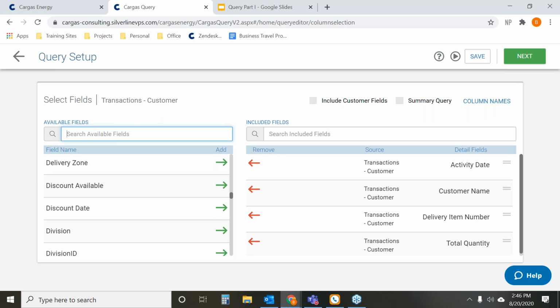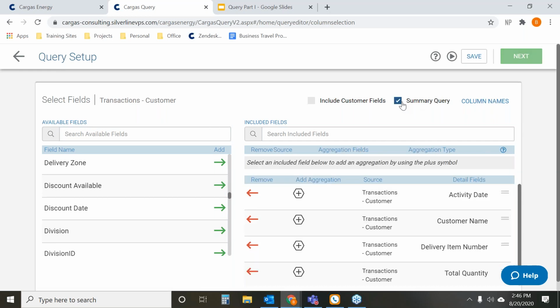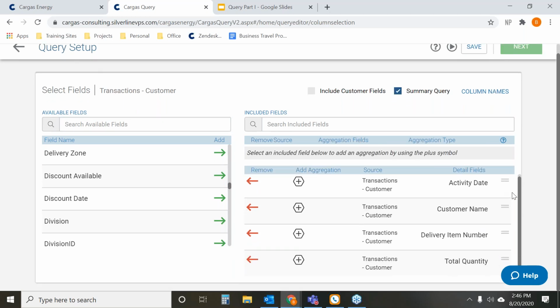As far as available fields go, I'm going to keep this one kind of simple just for the sake of conversation today. But one thing I do want to do is set up a grouping as well as a sum of total quantity. In order to do that, I'm going to choose a summary query. Once I've selected that I want to run this as a summary query,